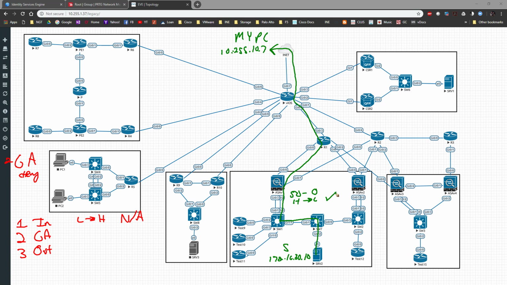That'll be allowed, right? However, if I try to ping, and this is the source and this is the destination,